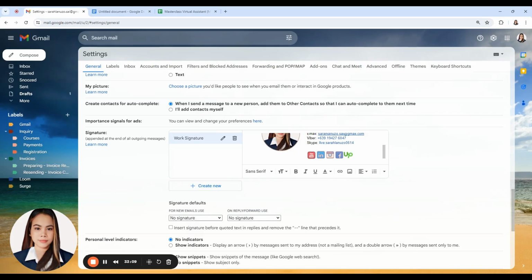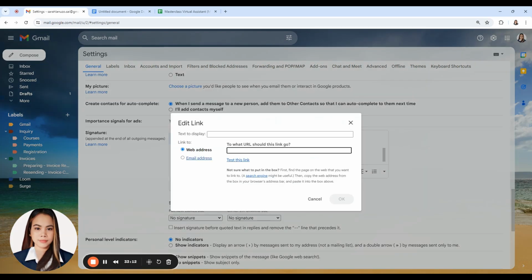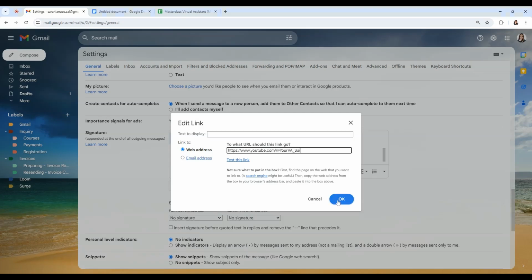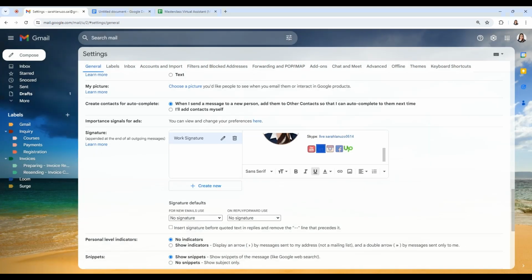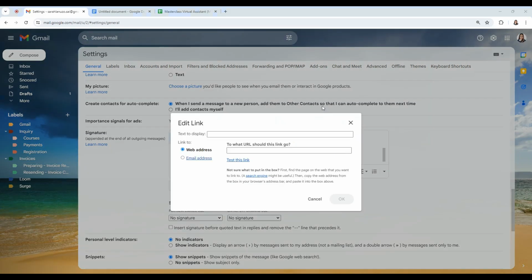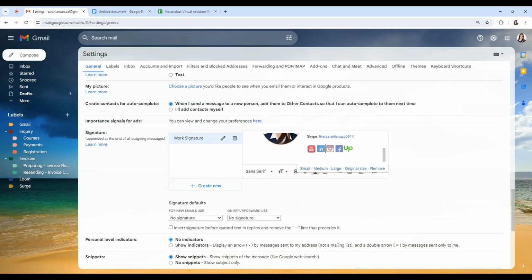Then you can highlight this image and link your profile. So here, click OK, then highlight this one and put your LinkedIn ID, same with the Instagram account, your Facebook, and last, your Upwork account.